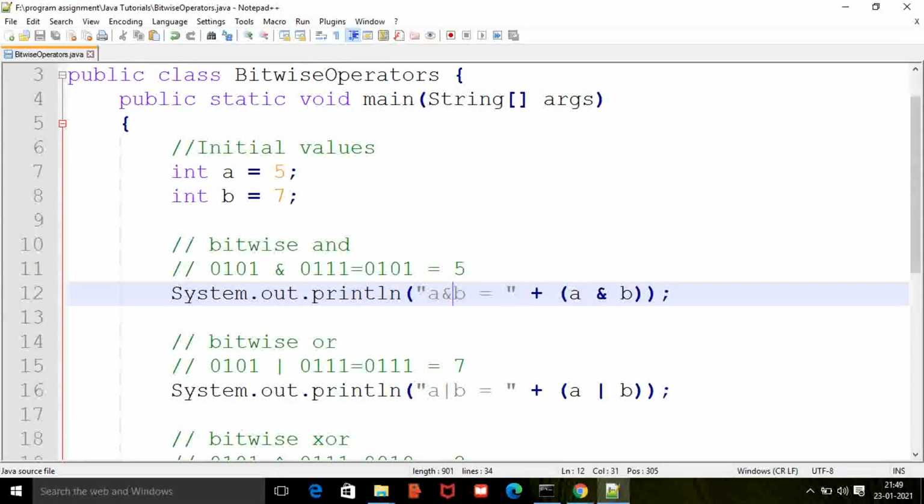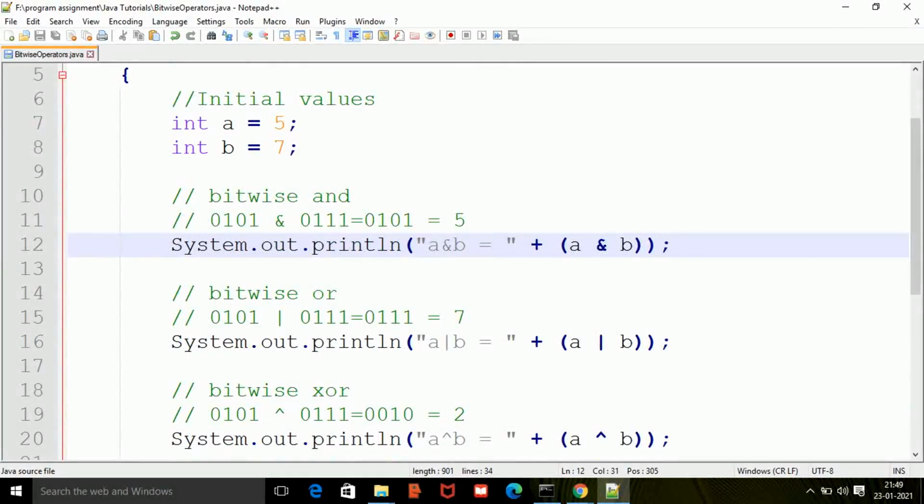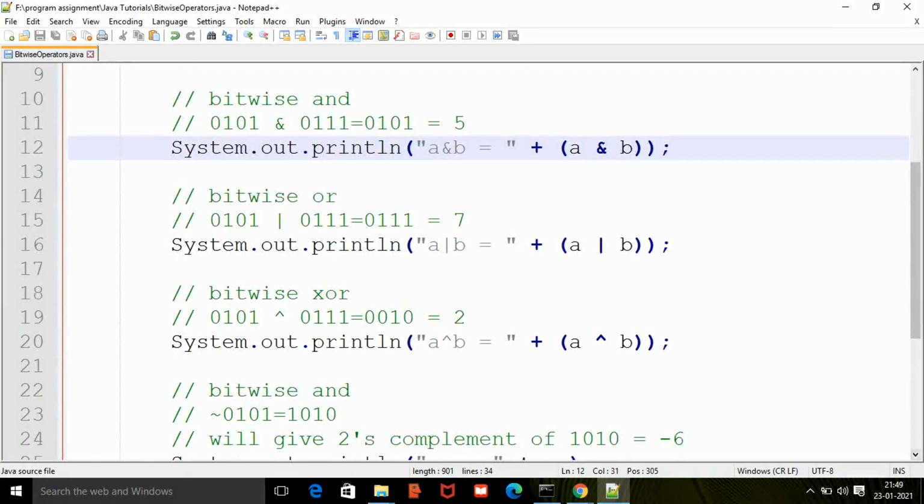If I see the value here, the 5 is represented as 0101 in binary and 7 is represented as 0111 in binary. So if I want the AND operator, then what is the value? It will be 0101. So this is the value 5. So in this case 5 will be printed. Next is bitwise OR. So we all know that A is 0101 and B is 0111, and bitwise OR for both the values is 0111. So it is 7. So it will print the value 7, and bitwise XOR gives me the answer 2,